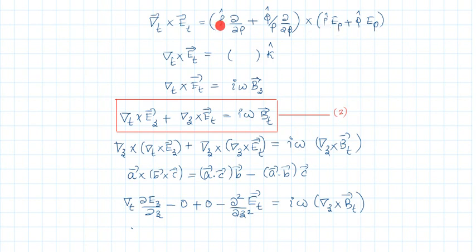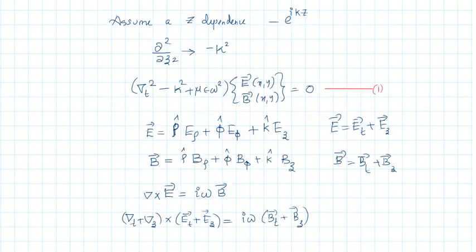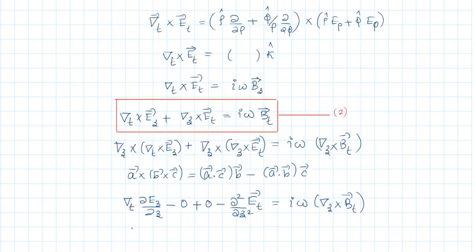When you multiply this, rho cap cross rho cap is 0. Rho cap cross phi cap is k cap with some constant. Then phi cap cross rho cap is again in the direction of k cap. Lastly, phi cap cross phi cap is 0. So in effect, this ∇t × Et is in the direction of k cap. So in the left hand side, it is only this term ∇t × Et that is in the direction of k cap. On the right hand side, the only term in the direction of k cap is iωBz. So you can equate those two. The left hand side is ∇t × Et, the right hand side is iωBz.